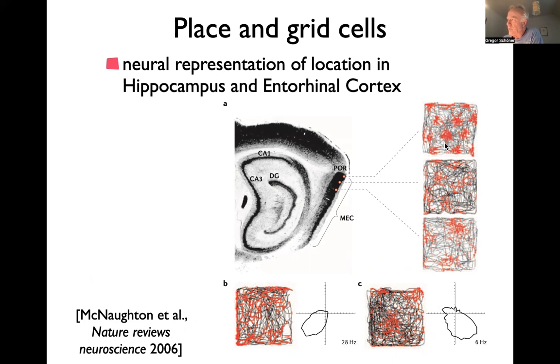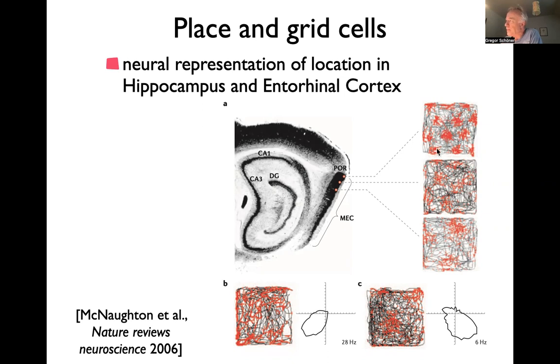So one category is in the so-called entorhinal cortex. That's a part of cortex that is projecting directly onto hippocampus. This hippocampus is a subcortical structure deep in the brain, the midbrain. And so that's very surprising. It was initially hard to believe that these cells in the entorhinal cortex fire in particular places that form a